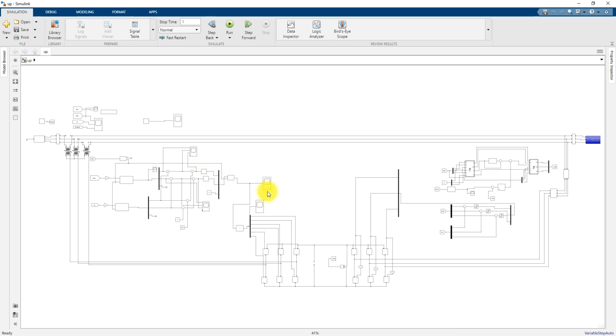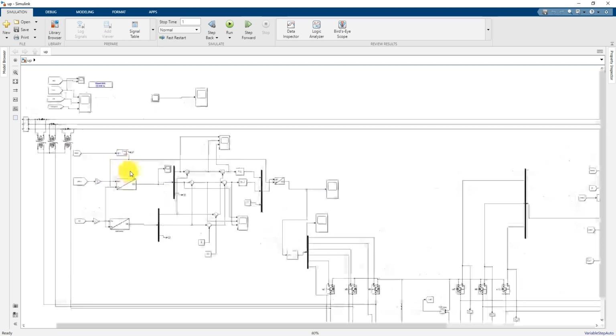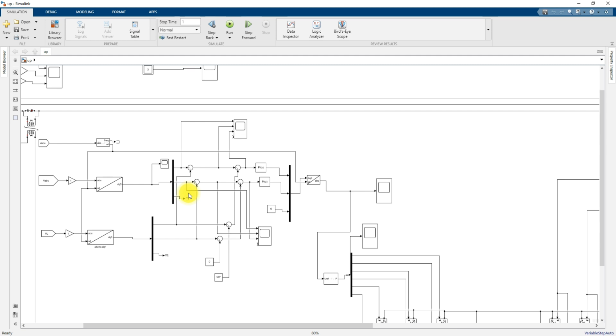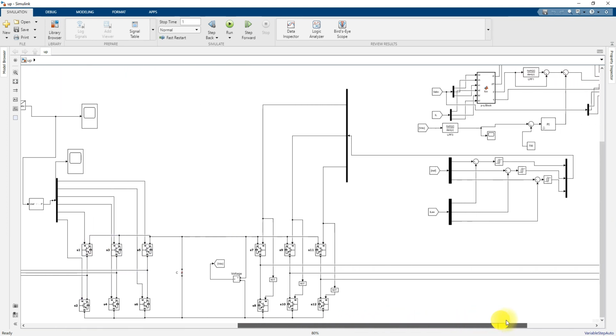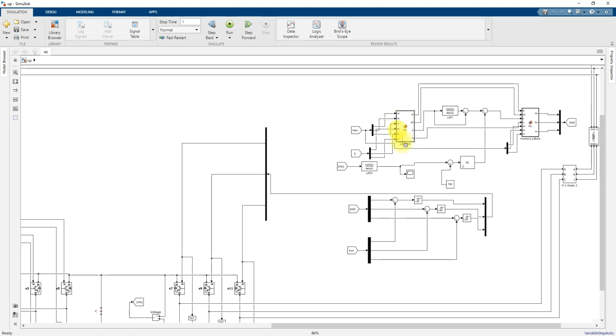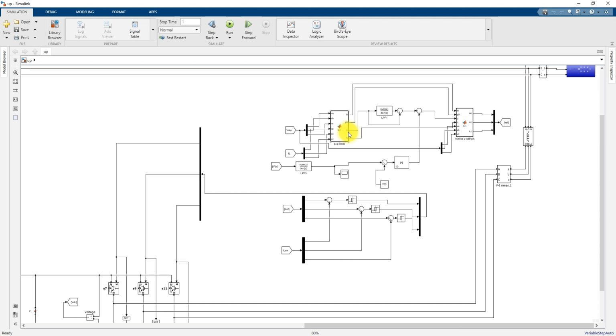And in the same way, here we have another model of UPQC with the DQ0 control in the series active power filter and PQ control in the shunt active power filter. So DQ0 control, whatever control logic we saw before, the same control logic we implemented here for the series active power filter. For the shunt active power filter, we are using the PQ control theory, that means you have to calculate real and reactive power, zero sequence power, zero sequence current, and then apply the extraction of actual power, and then calculate the loss power, right? Again this actual power is going to be used for actual power, reactive power, and zero sequence power, and current is going to be used for